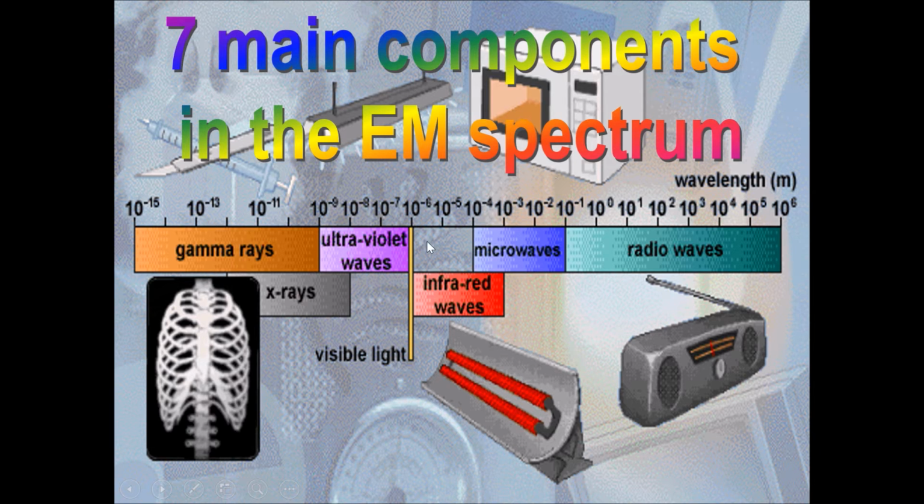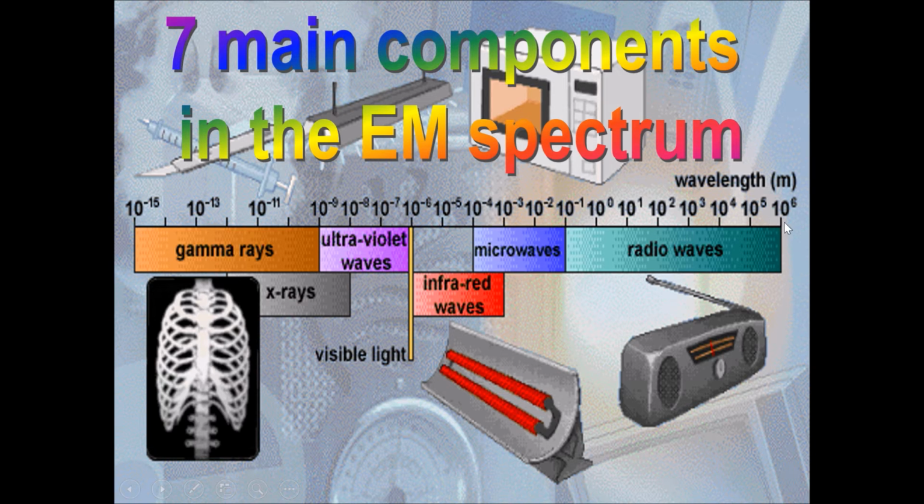You can see over here that basically all of these are just different forms of light, but only the middle one is visible light. Therefore, you can consider all the rest of this light that you cannot see as invisible light. They differ by one key thing, which is the wavelength. For example, the gamma rays have very small wavelength, while the radio waves have quite large wavelengths, up to